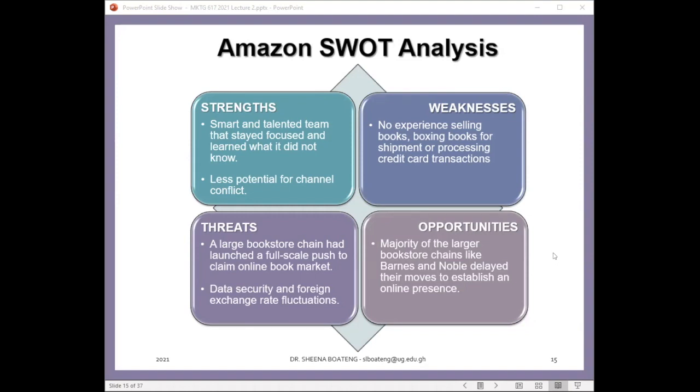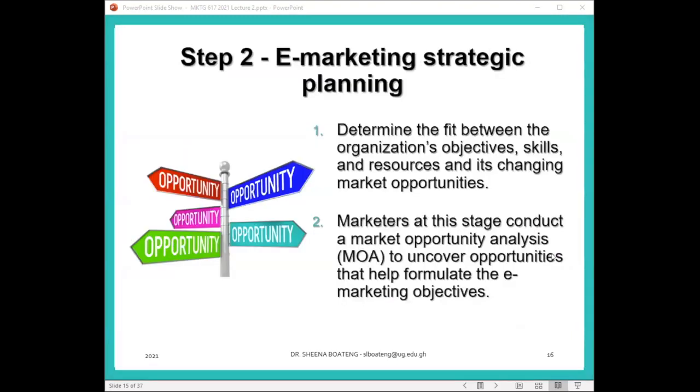So this in a nutshell shows us the strengths and weaknesses, as well as the threats and opportunities that Amazon identified. But from the looks of things, by being able to perform this SWOT analysis and do so effectively, Amazon was able to capitalize on the strengths and opportunities that they saw, and then forestall the threats and weaknesses that threatened their business idea. And with time, it has grown into the huge multinational corporation that we have seen today. Their dream finally became a reality because they were able to see where there were potential dangers and take the necessary steps to forestall these dangers.